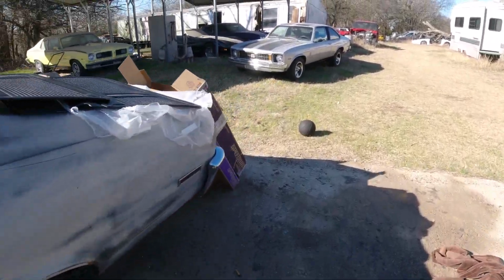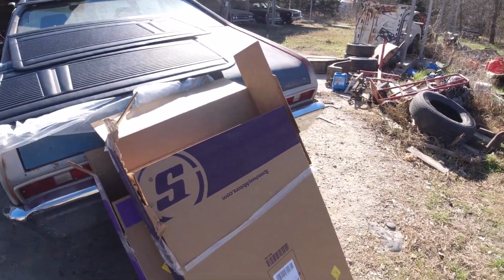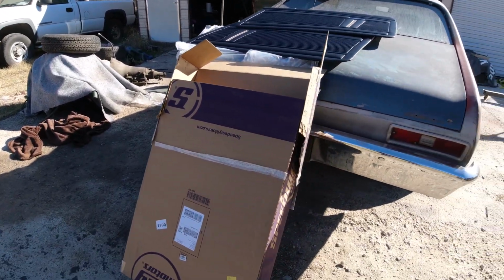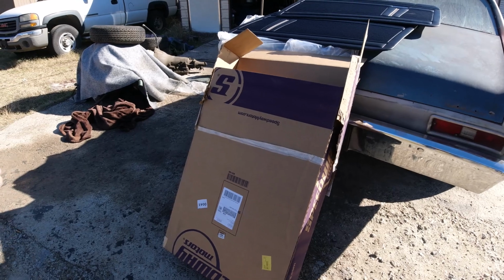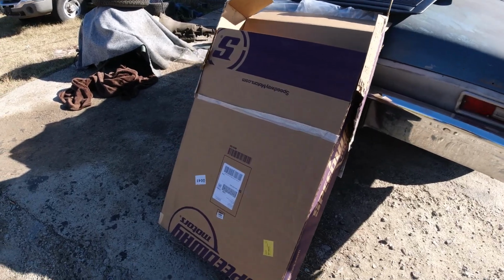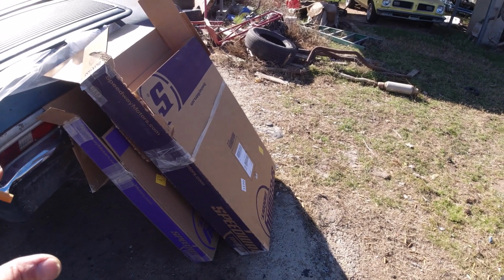Okay, and I got the door panels in from Speedway. Every place I looked, they either didn't know when they could ship them, or it was like a month out, maybe, expected date the end of the month, crap like that. And even Speedway, I got them here from Speedway, see on the box. The set,